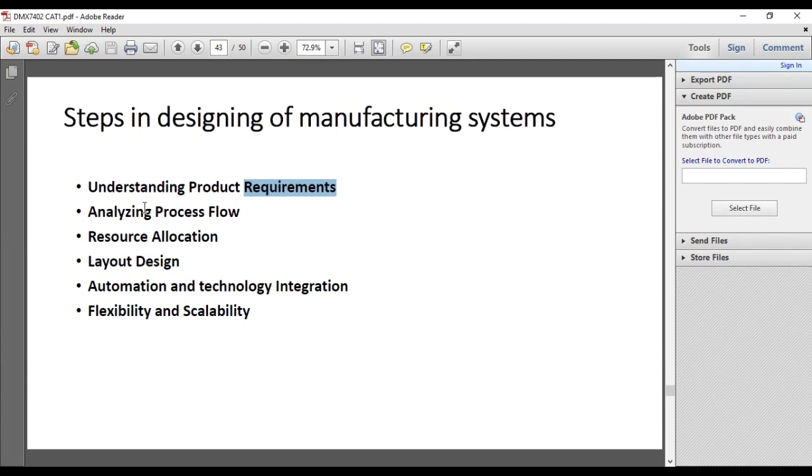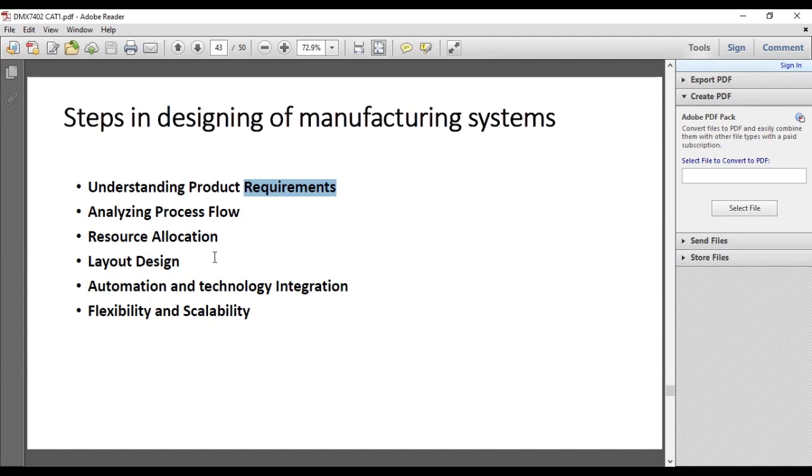Likewise, you have to identify the process flow, and you have to do resource allocation, which is like what machine goes there and what machine goes for this, and how a part can be transferred from one machine to another, and how many laborers should operate one machine, and like that you have to allocate